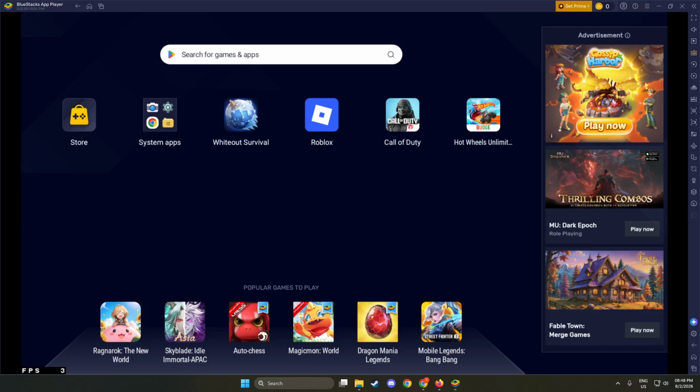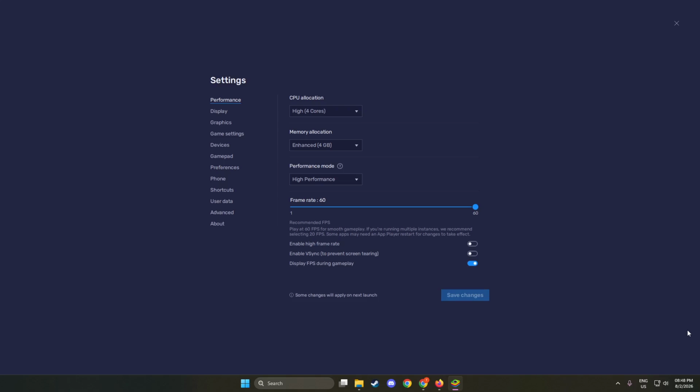Now click the settings icon that looks like a small gear. It usually sits in the top right corner of the BlueStacks window. When you click it, a settings panel opens, either as a small window or a full sidebar, depending on your version. You will see several categories on the left, with options like display and performance listed there. If the panel did not open, click the gear again to make sure the click registered.